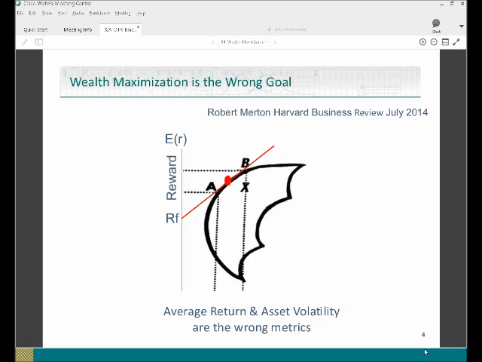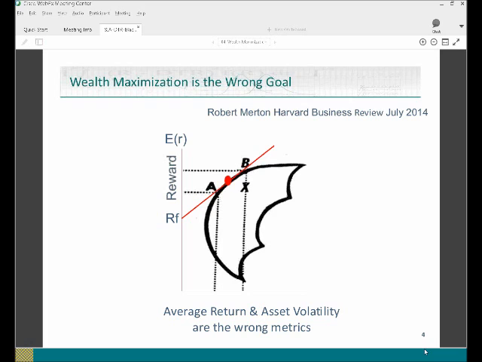I'll use this slide to point out a few problems with modern portfolio theory. In other words, if there's no problem with that, then why change? Robert Merton was one of three people who got the Nobel Prize for developing what we now call modern portfolio theory. He wrote an article in the Harvard Business Review in July of last year, in which he said, the